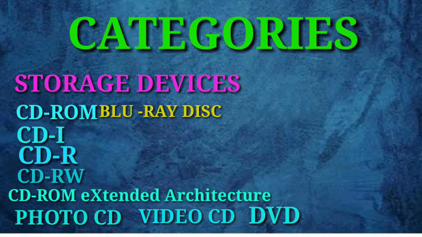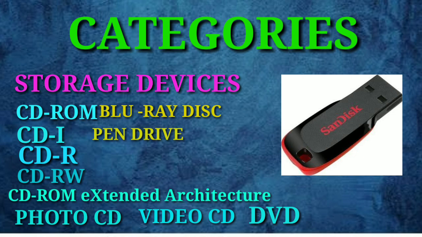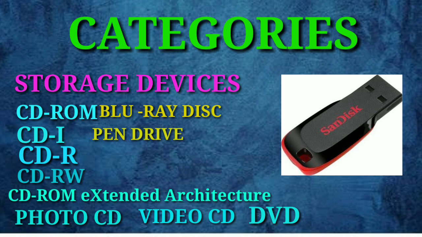Next is your pen drive. A pen drive is a portable USB flash memory device for storing and transferring audio, video, and data files from one computer to another computer. Other names include flash drive, jump drive, and thumb drive also. USB flash drives are typically removable and rewritable, and smaller than the optical disc. Up to a maximum of 1 terabyte can be stored in a pen drive.